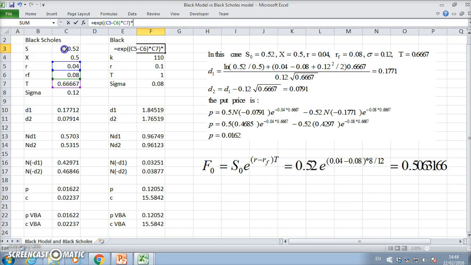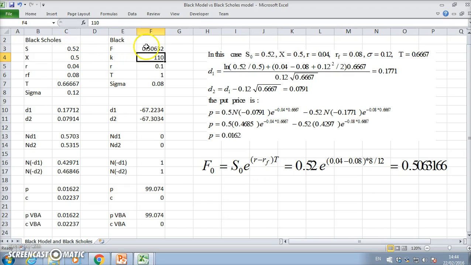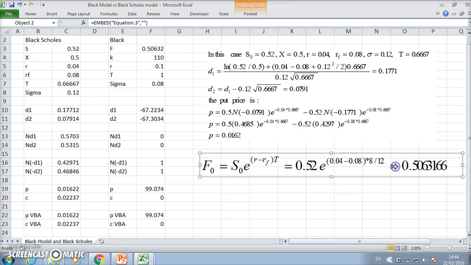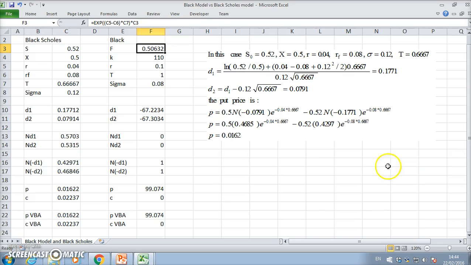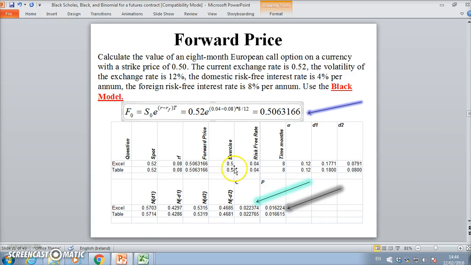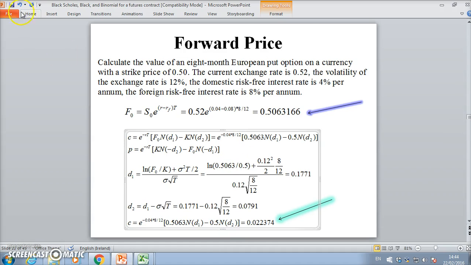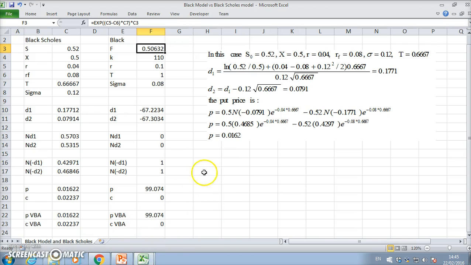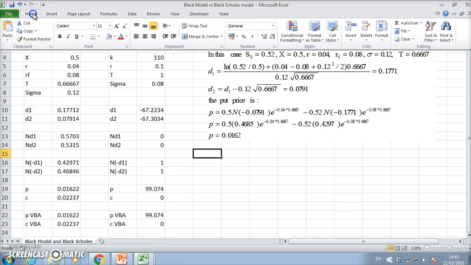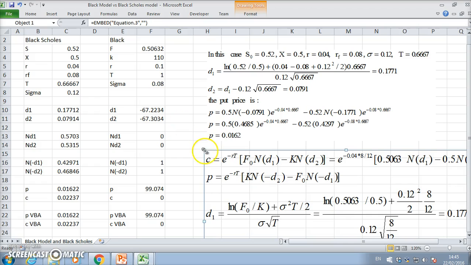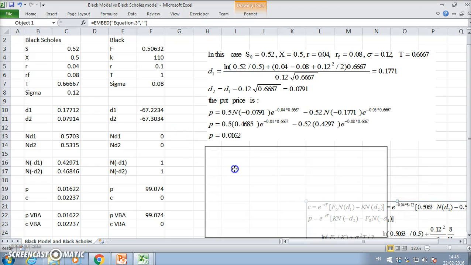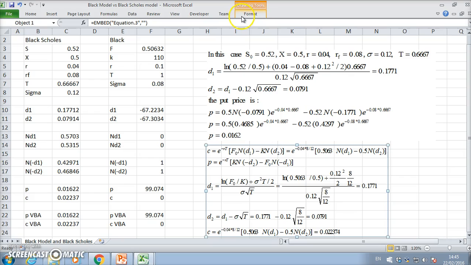Okay, so we must multiply here by S. And we get a value of 0.50632, which is consistent with what we have here. Okay, so I'll just remove that for a second, go back in, and then get the breakdown of the parameter values. So we'll take this, where I have my workings, come back into the spreadsheet just to verify the values are consistent, redimension this a little bit,